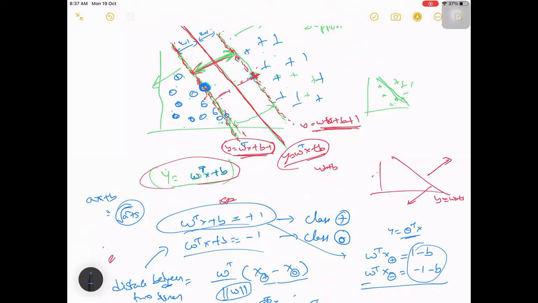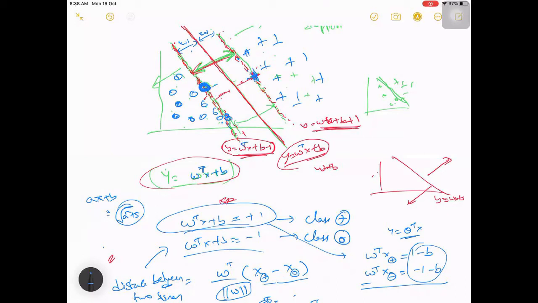Because actually your line will get impacted by this, right? So they will identify which are closer to each other, which are closer to one. These other class, like these clusters and these things, like which are closer to each other. Then they will say these are your support vectors.